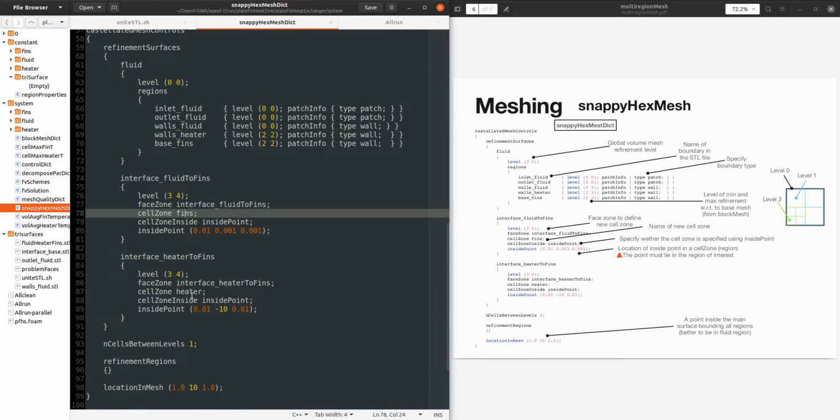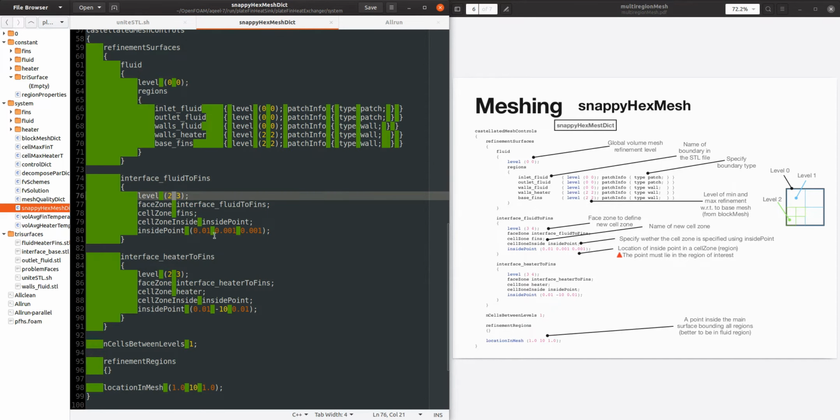So this will create two additional zones, fins and heater, and this level defines the minimum and maximum level. For example, here I can put 2 and 3, and also here 2 and 3. So the maximum level on this surface is 3 and minimum is 2.